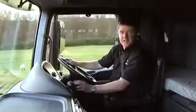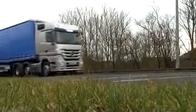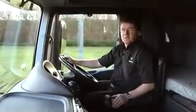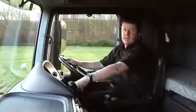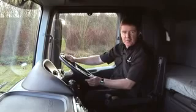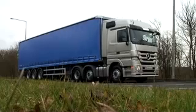Okay, we're going to come to a halt here on the hill. Now, to make your life a bit easier on the hill, we've got a nice feature on the vehicle. We've got a system called Hill Hold. Mounted here on the dashboard, you need to turn it on, but once it's on, it can be left on, that's fine. And then simply release your foot from the foot brake. The truck will hold the brakes for a couple of seconds,